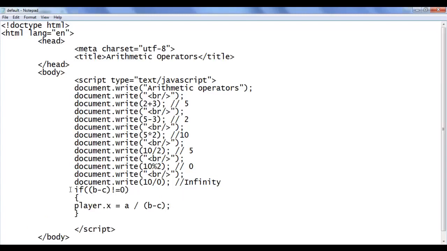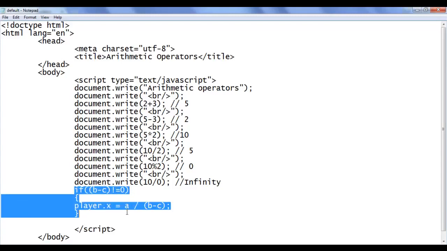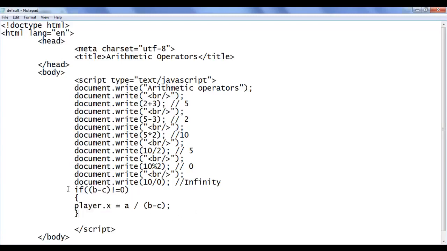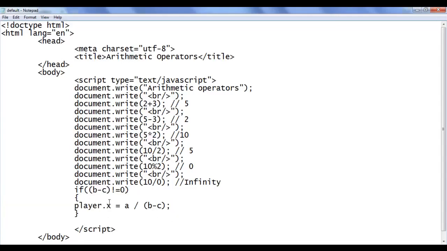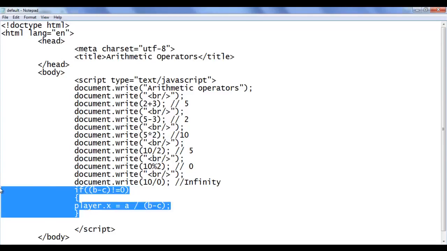We discuss conditions, if statements and all later. I'm just giving you a precaution here. How do you check whether the denominator is going to 0? Okay, so remember this special case.